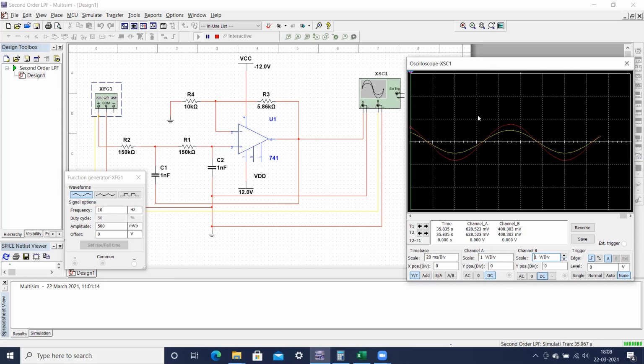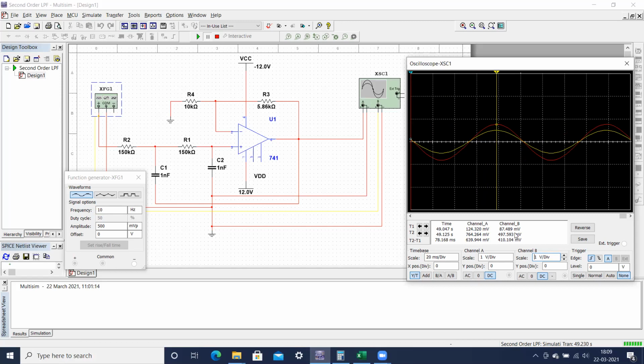I have already explained that we can measure the amplitude of this waveform very easily. We can easily calculate the amplitude of this waveform. That can be done, as I said, by stopping the simulation, then bringing this waveform here, bringing the pointers, and hovering onto this waveform. This will reflect the voltages over here, that we can measure.